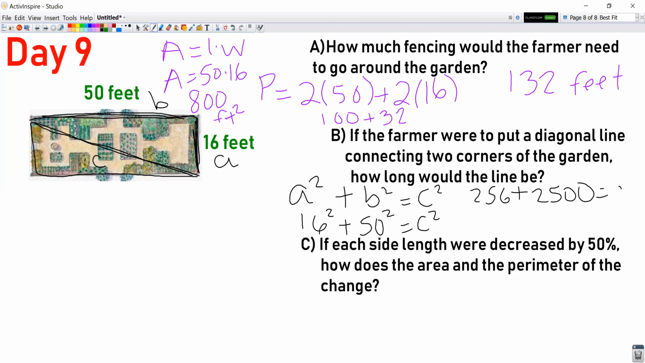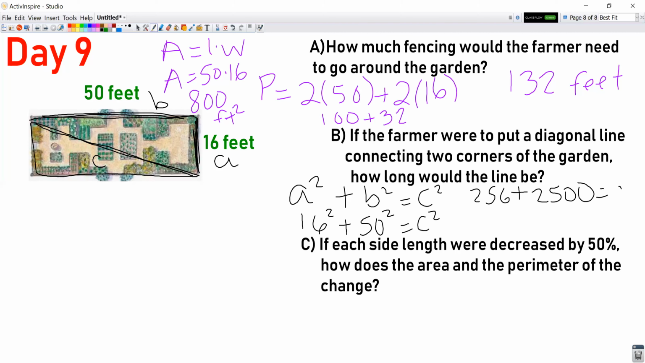We're done with part B. Let's go to C. And I'm going to erase some of this stuff so I have enough work space. Okay, so on part C,